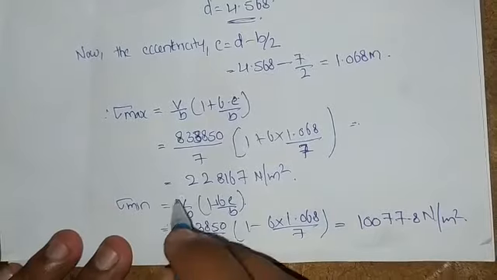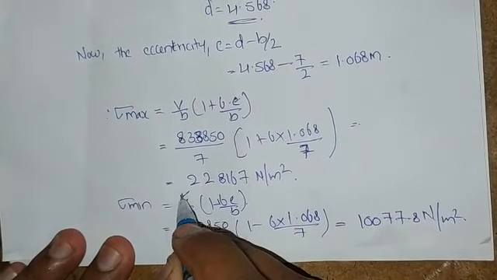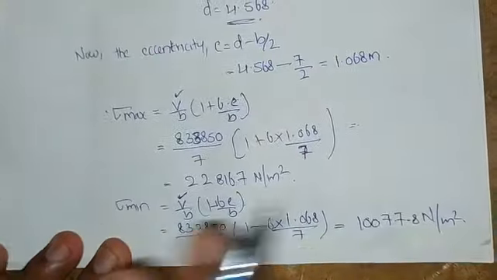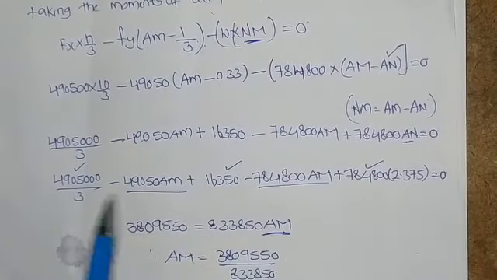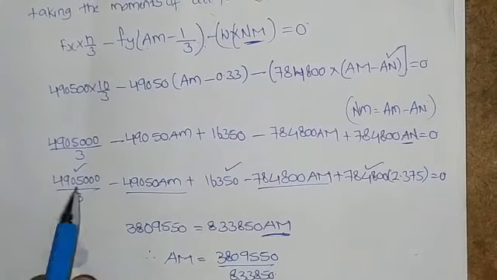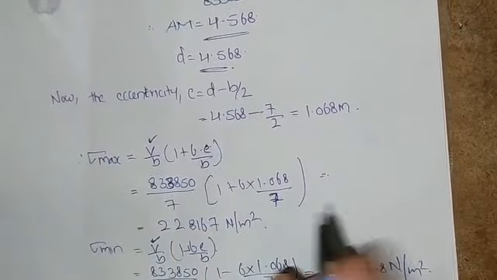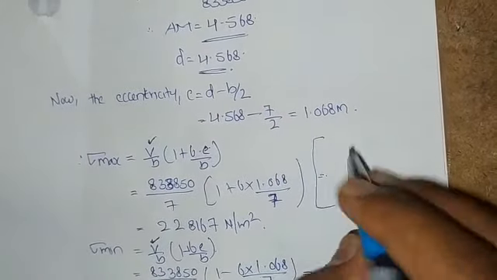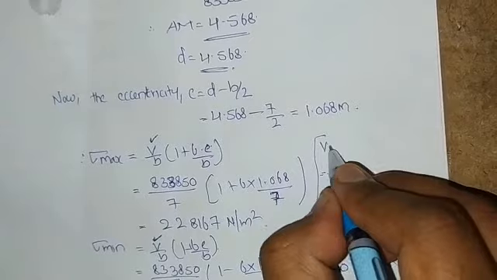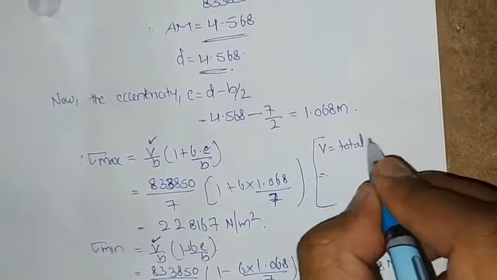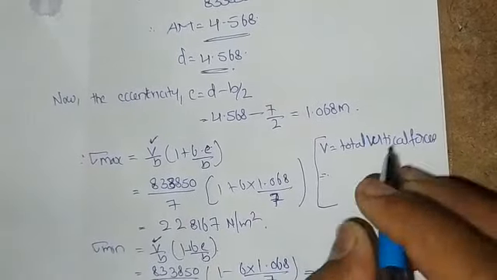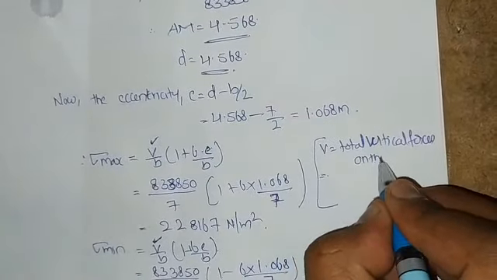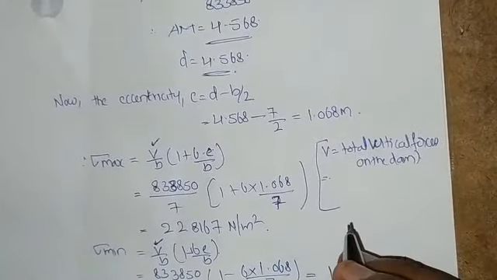Here you may have some doubt about how we calculated the V value. Here we have the terms, and we have found the value of AM, which is different. By combination of these three we get the V value. If not, we can calculate the V value directly like this. V is nothing but the total vertical forces on the dam, which we have to calculate.